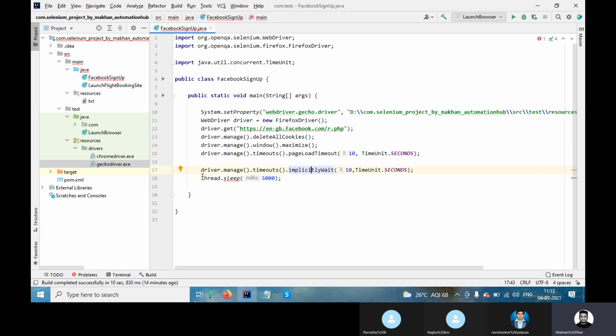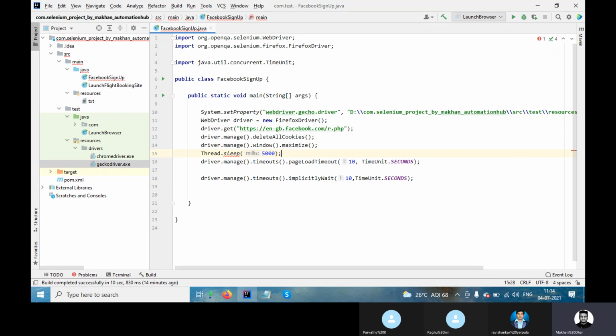Thread, which we generally use, will hold for 5 seconds or whatever seconds we are giving. After the 5 or 10 seconds count is over, then it will move. If I put sleep after launching Facebook, it will wait for 5 seconds.